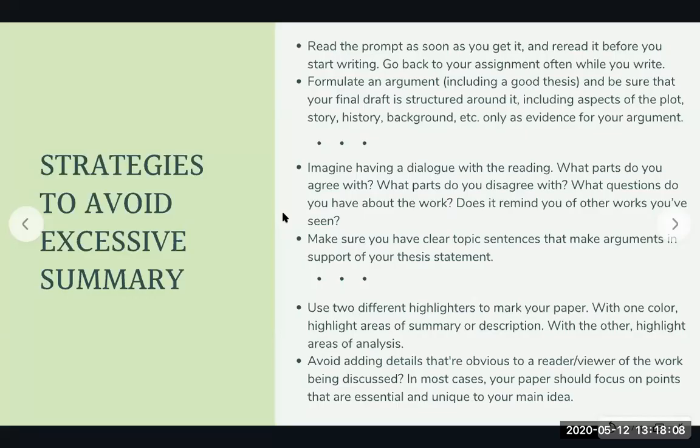There are also strategies to help avoid excessive summary. I'm sorry that this thing up here is kind of blocking the top part of the text. I apologize for that. So one strategy is one that we've actually talked about a couple times already, and